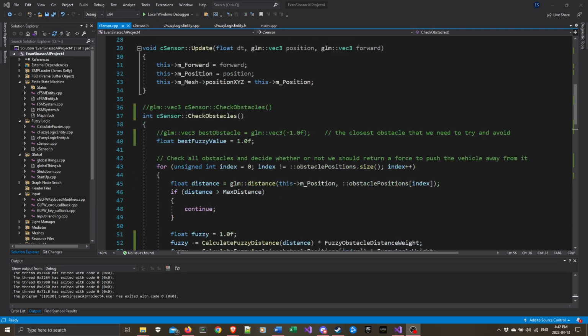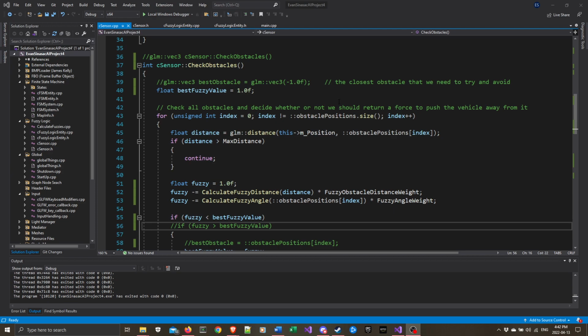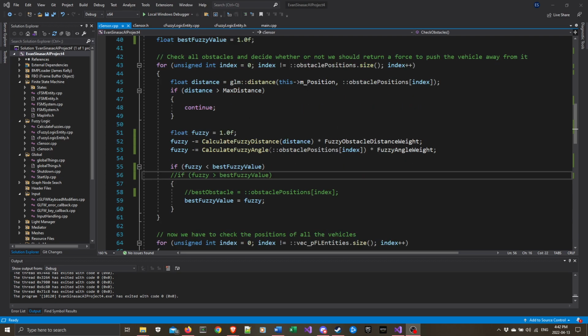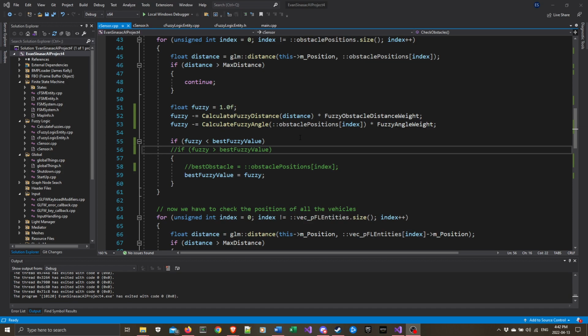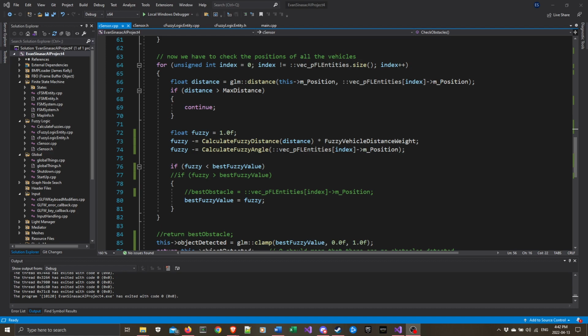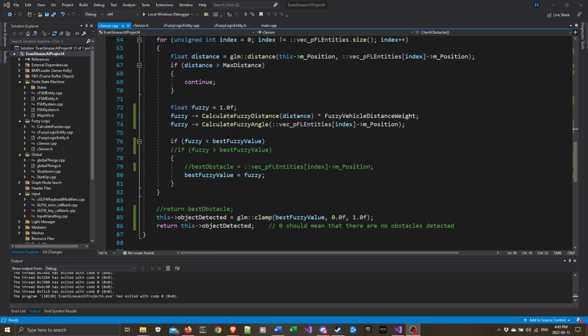So the sensor itself is pretty basic. I decided to use fuzzy logic during check obstacles. It runs through the list of all the obstacles, figuring out which obstacle is the most dangerous, if it is even close enough, and then running through the position of all of the vehicles. Again, if it's actually close enough to the sensor, and then calculating the fuzzy distance and angle to decide, is this the object that we should be steering away from,